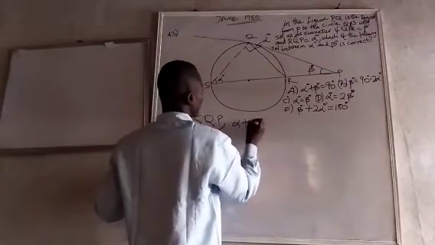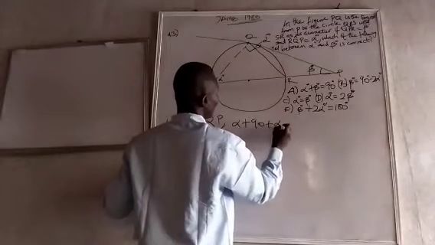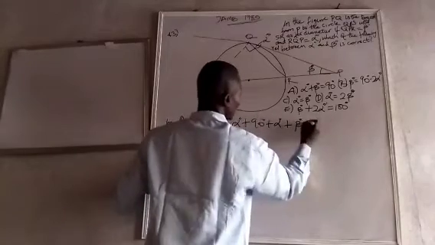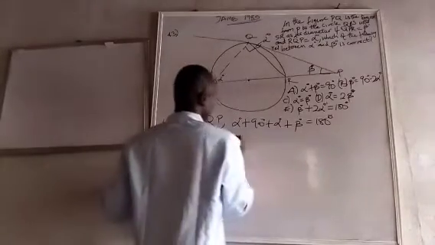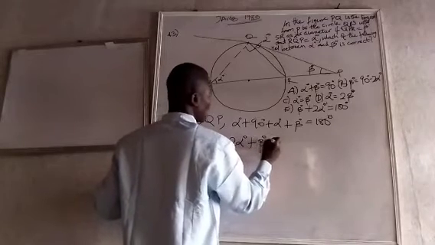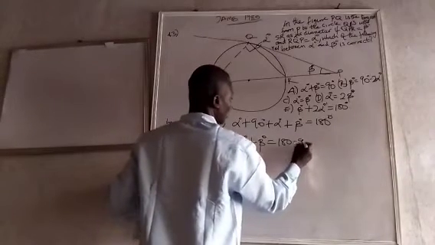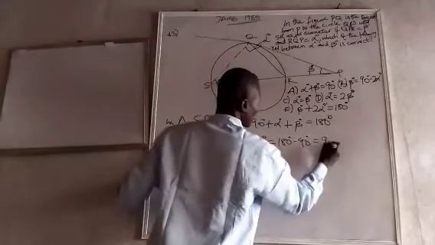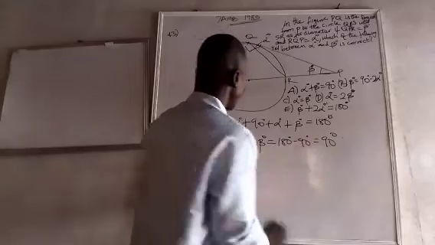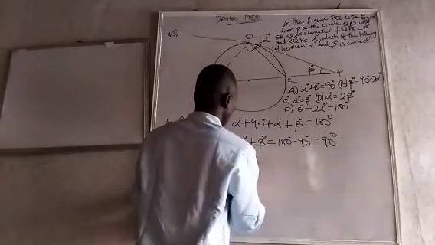Alpha plus 90 plus alpha plus beta is equal to 180. Therefore, I can say 2 alpha plus beta is equal to 180 minus 90, which is 90 degrees. Therefore, I can say that beta